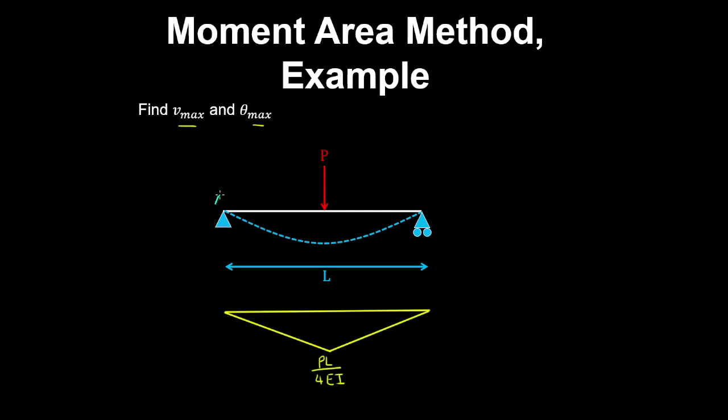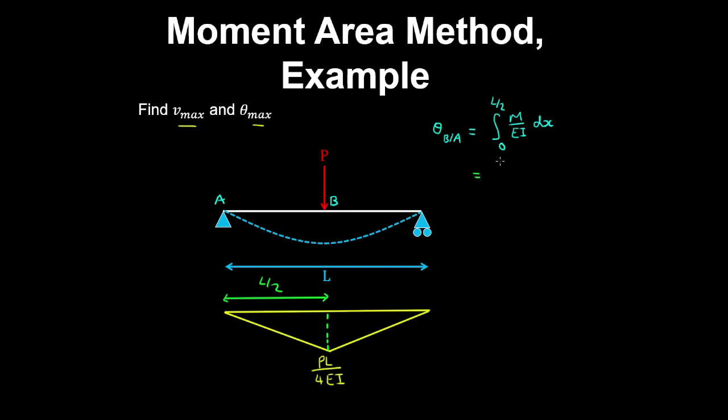Now if we designate this point A and this point B, then theta B relative to A can be obtained by integrating the curvature, which is M on EI, over X, and in this case we integrate from X equals 0 to X equals L on 2. And given that the curvature diagram is linear, we can obtain the area by simple geometry. So given this distance here is L on 2,